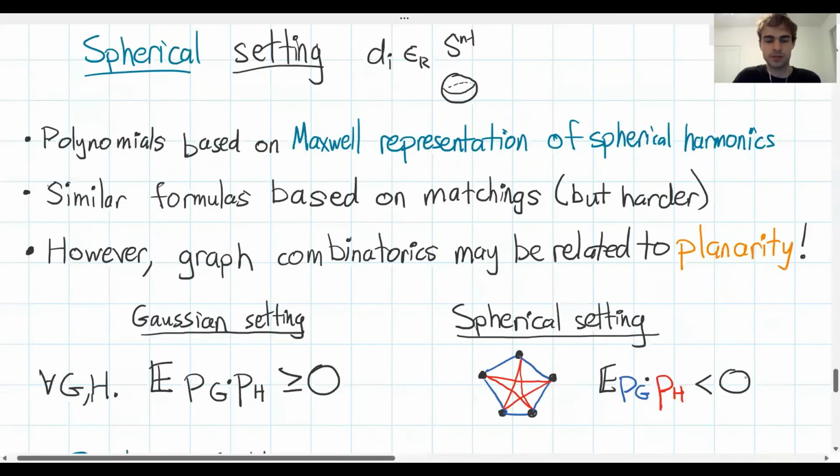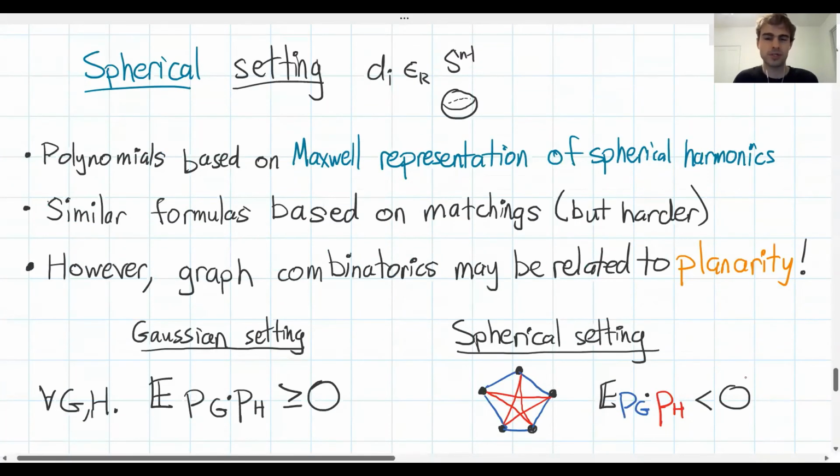So first, we'll start with the spherical setting, in which the DIs are independently chosen from the unit sphere. And we're looking at functions which just measure angles between the DIs. The orthogonal polynomials PG that we get come from the so-called Maxwell representation of the spherical harmonics. You may have heard of the spherical harmonics before, and you might know that they are kind of a pain to work with. But if you use the Maxwell representation of spherical harmonics, then this is actually fairly simple because